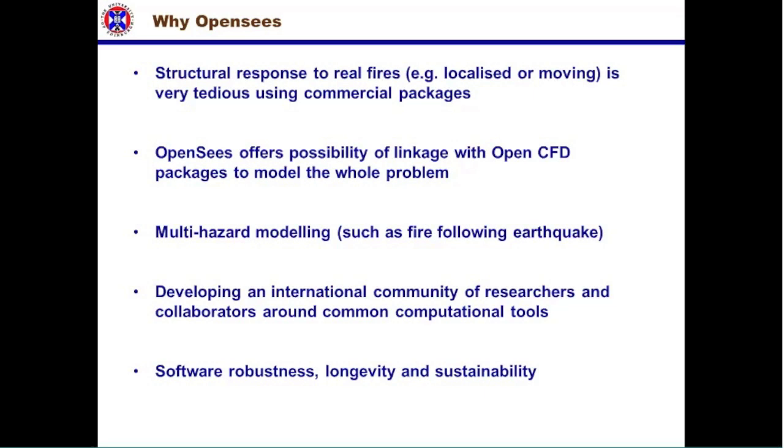So if you have moving fires, clearly there's a lot of variation in temperature. Even if you have a localized fire, there's a lot of variation in temperature. And this can be very tedious in a commercial package, in putting all that data in. So we thought that if we could put some heat transfer code into OpenSees and automatically do this, then we